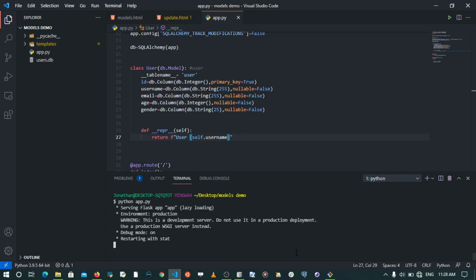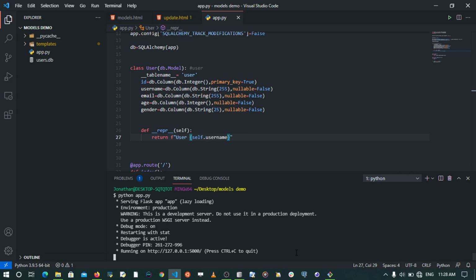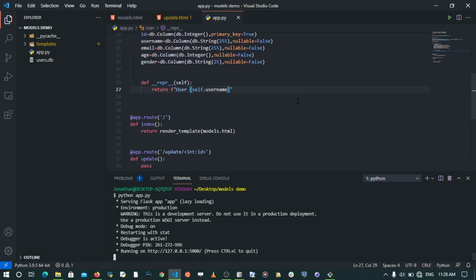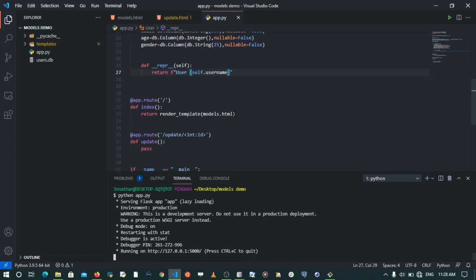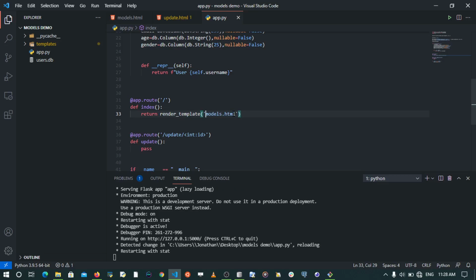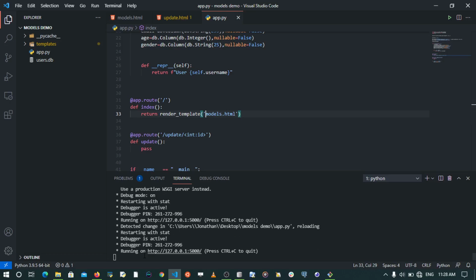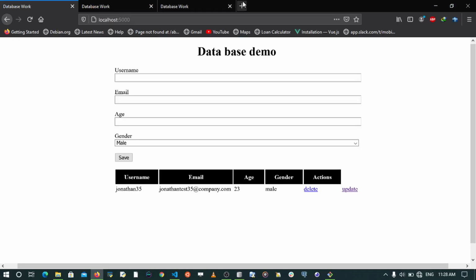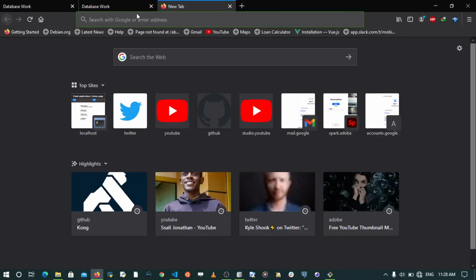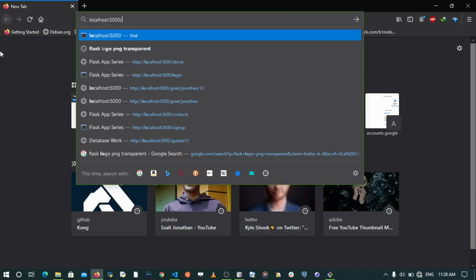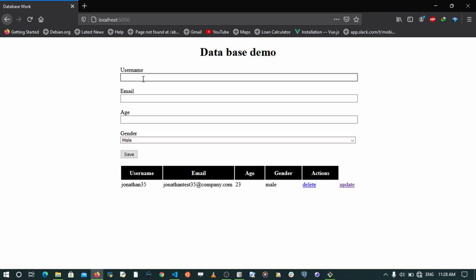Now that we have our DB created and it has some data, let's see how we can retrieve that data and display it via our front end. So we have been able to render models.html, so this has to be a string. I'm going to correct this by putting it in quotes. And if I save, my server is restarting, which means we don't have any error. So I'm going to go to the browser. I'm going to close this, so go to our localhost 5000, and yeah, we've been able to create this to